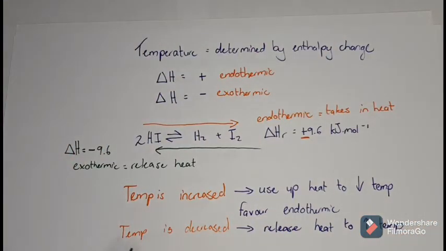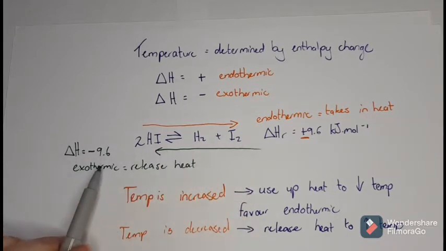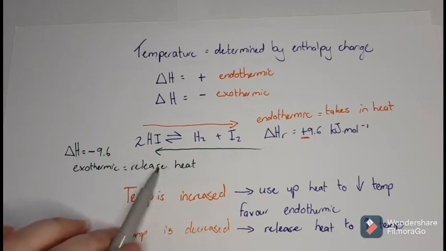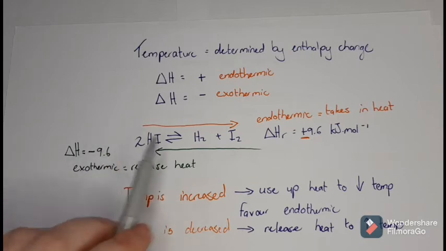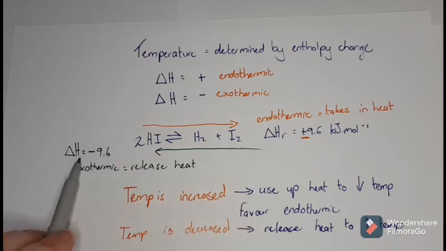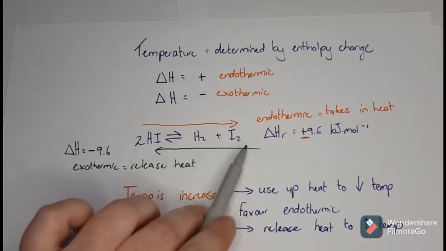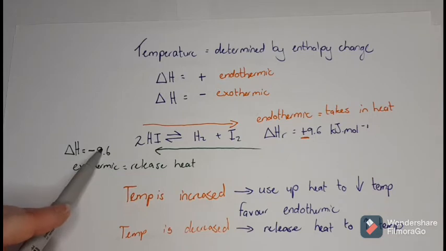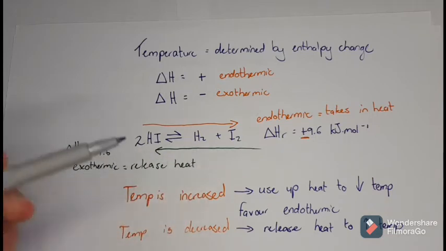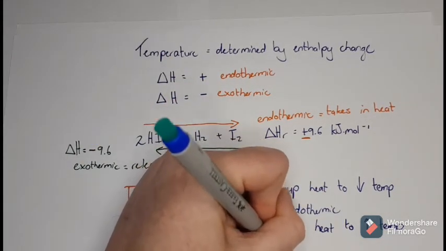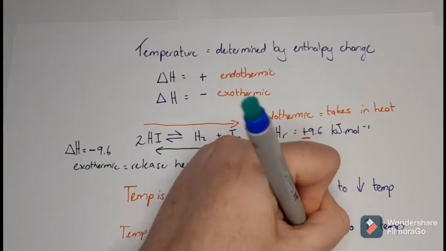So now, if I want to release heat energy to get back to what I was, I'm going to go to the side where I'm going to release heat, being the exothermic. So I'm going to go this way. And that means I'm going to make more of this one, which means the equilibrium will shift to the left because I'm going that way. Because I'm then going to favor the exothermic